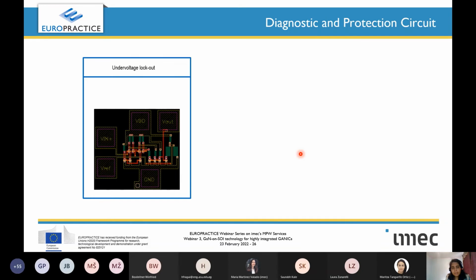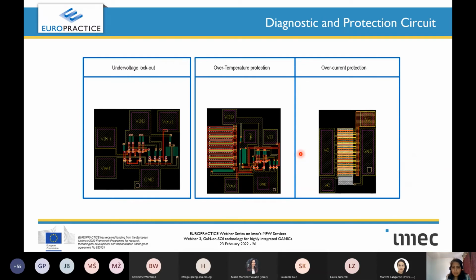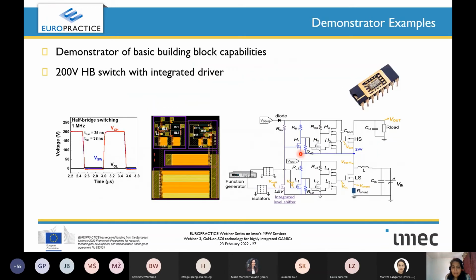So we have some undervoltage lockout circuit, different types of protection, over-temperature protection, over-current protection circuit, and everything is realized in GaN IC technology. Here I want to show you a demonstrator of building blocks. So we do different types of basic building blocks in GaN IC technology to have proofs of concept,